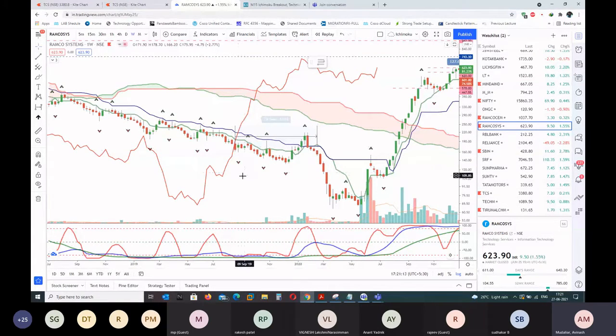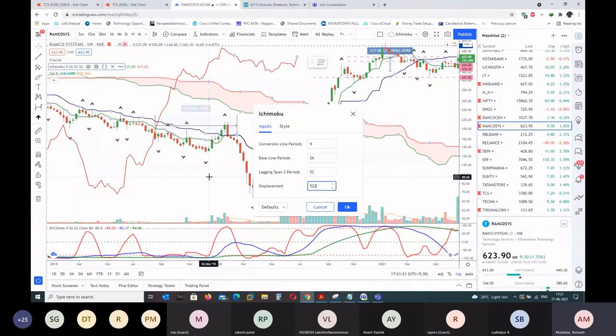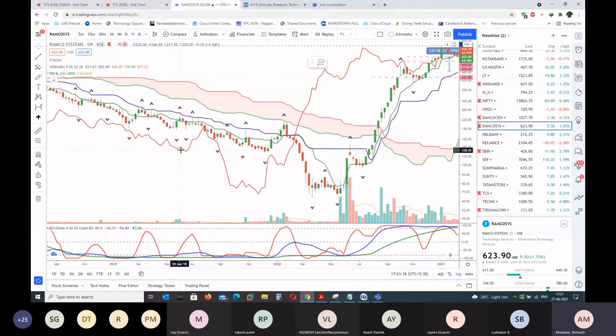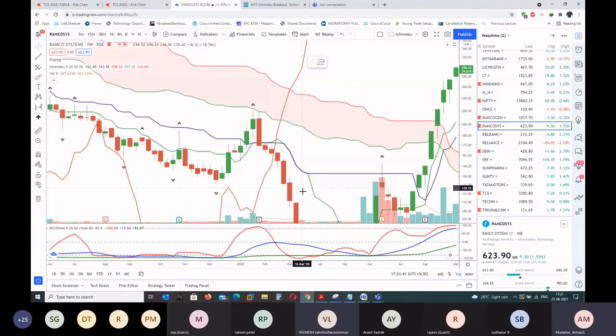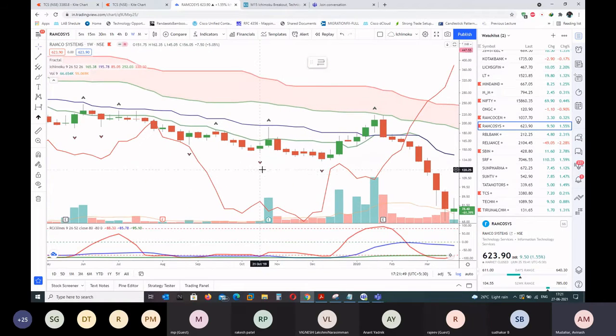So here you can see, one second. Okay, so this is not 26 week, it's 52. I need to change the settings. Okay, so you can see the price is coming down. It's trying to retrace up. It is touching this candle, right? Let me zoom it for you. So what happens? It's hitting that candle and it's coming back, because there is no momentum.